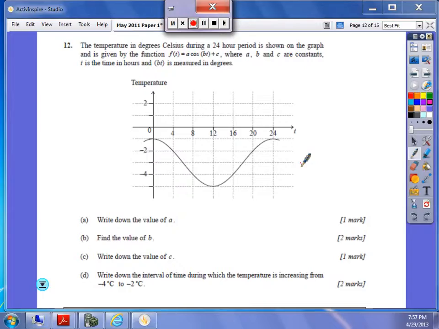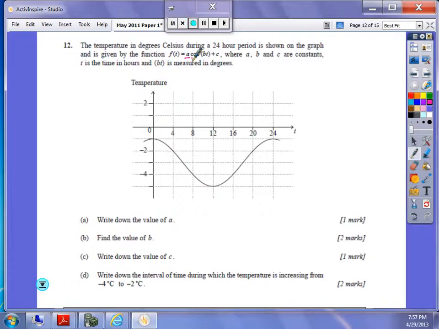Now remember, on these IB exams, sometimes they change the placement of these different constants. Here, t is our angle, and what we're looking for now is a, and we know that a is the amplitude, and the amplitude is the distance that's halfway between the bottom of the graph and the top of the graph. So I can see that the maximum value of my graph is at -1, and the minimum value of my graph is at -5, and so halfway between that will be